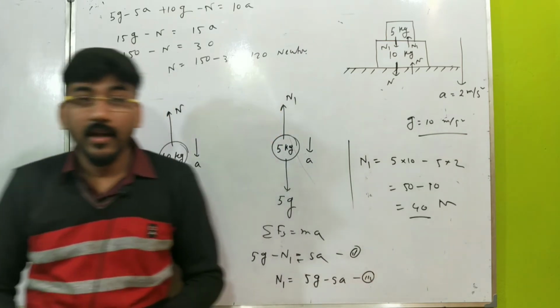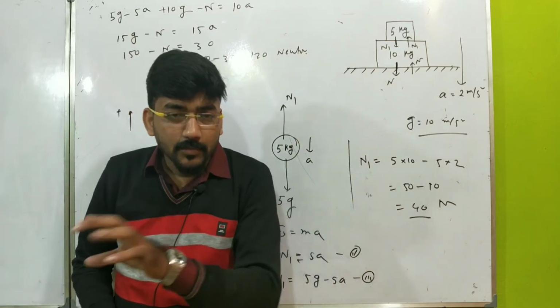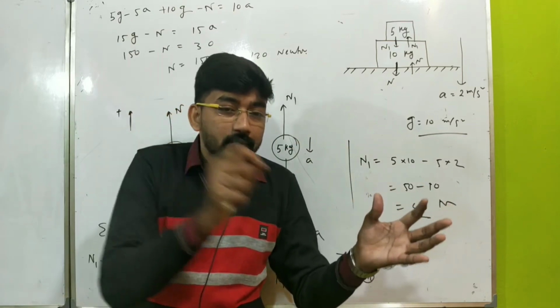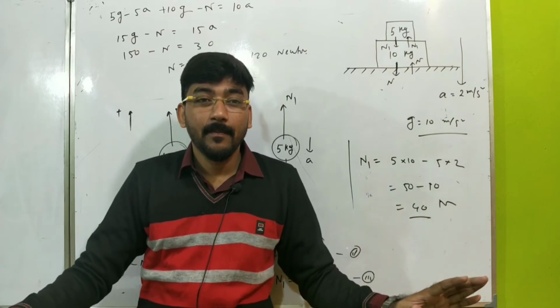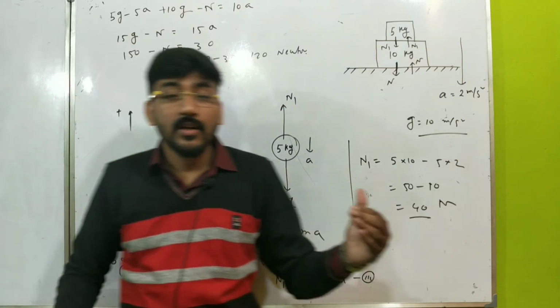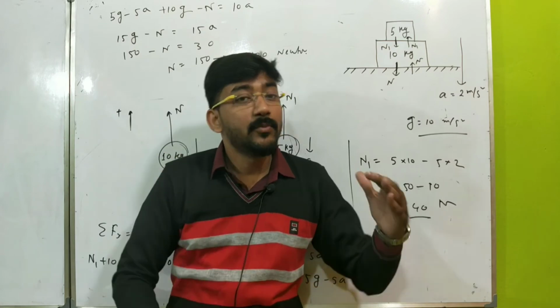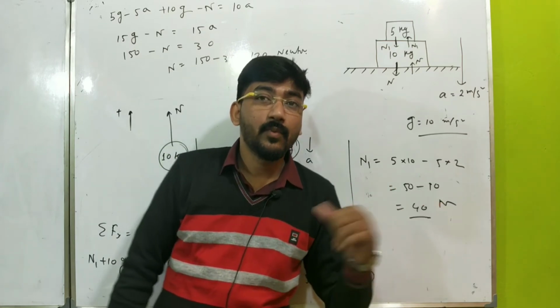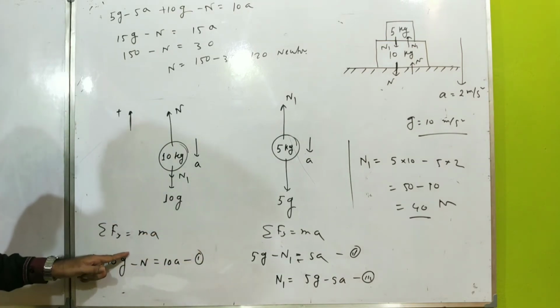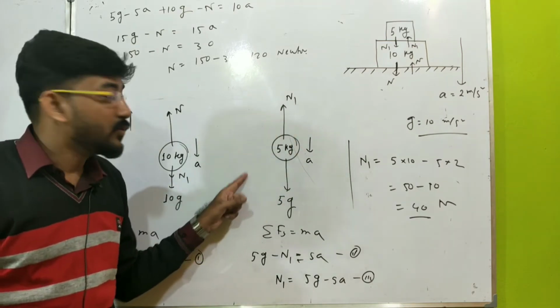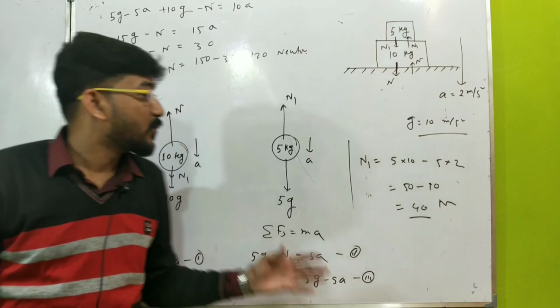Then आपको क्या करना होगा, आपको each and individual object को अलग करना होगा, and the forces which are acting on the system you have to draw in the free body diagram. Then if the forces are not along the x and y direction, then you have to resolve these forces along x and y direction to apply this formula in component form. But we are very fortunate here that we don't need to do this because the forces are already along the